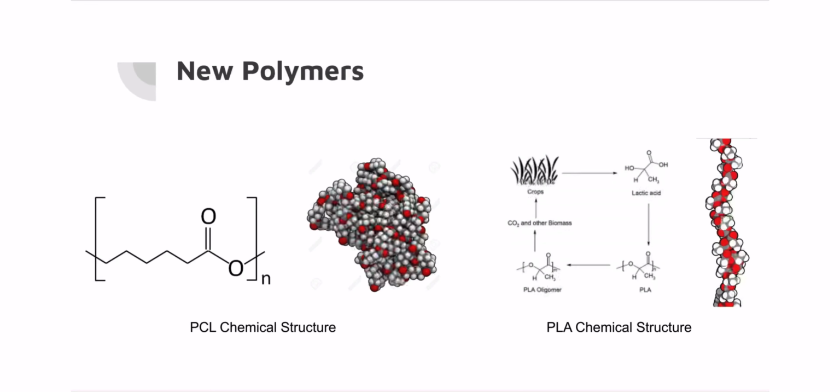Promising solutions for downstream issues are new bioplastics like PLA, PHA, and PCL. New polymers are easier to dispose of and reuse and don't last as long in nature as petroleum-based plastics in the event of improper disposal.